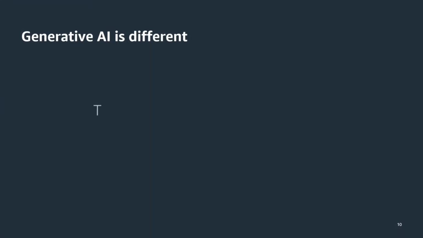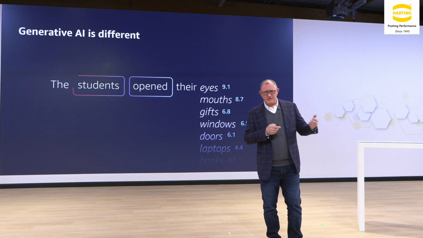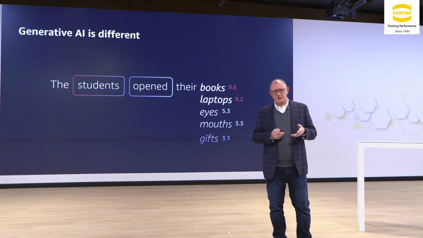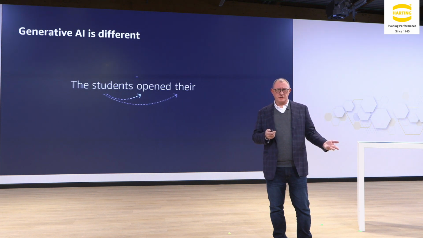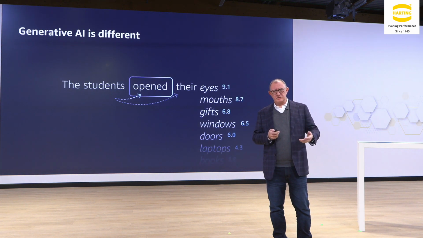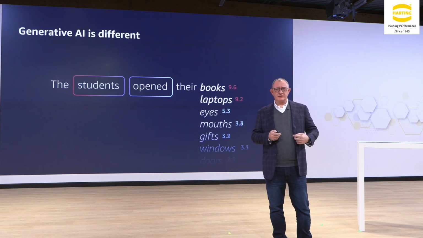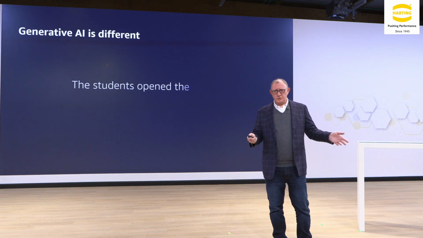All right, so let's talk about generative AI. It's different than traditional machine learning. Here's an example. With generative AI, there's text to text and text to image. This is an example of predicting the next word in a sentence. This is what large language models do. In this example, students open their, what's the next word? Well, if you look at the entire internet, all of what's typed in,